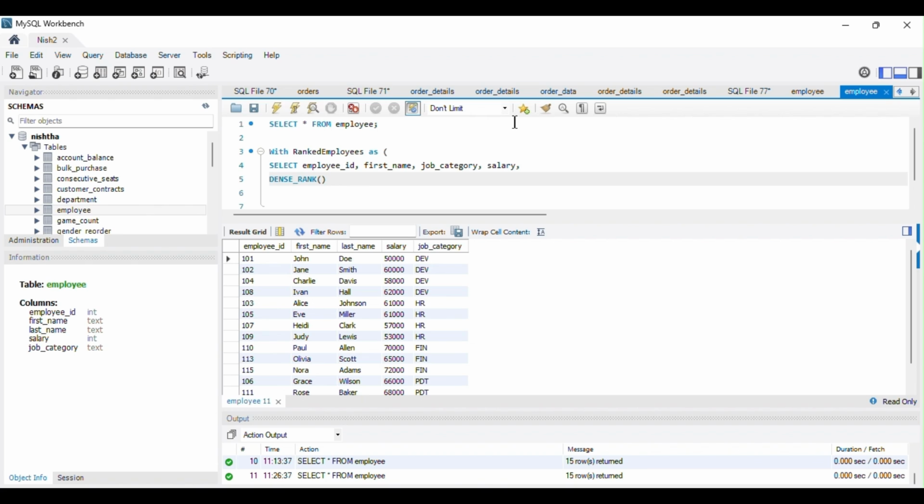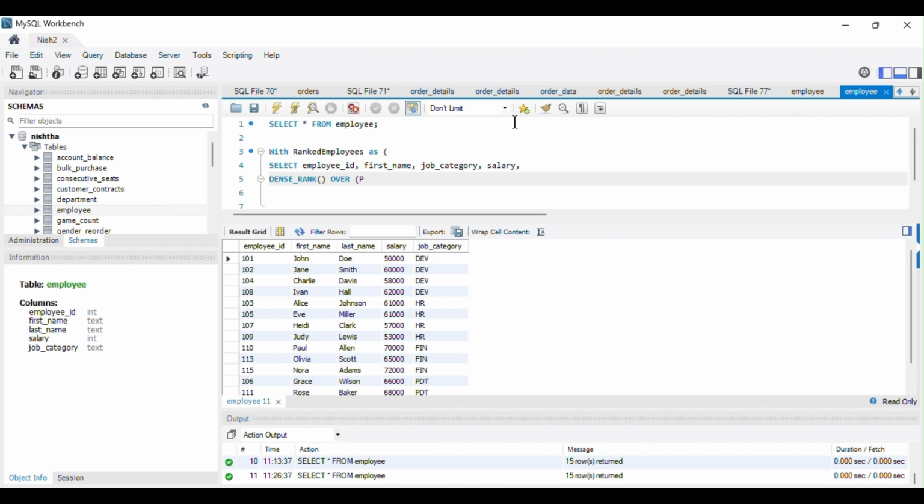The DENSE_RANK function is followed by OVER. Since I want to display the details of the employees for each specific job category, I will have to do the partitioning on the job category column.